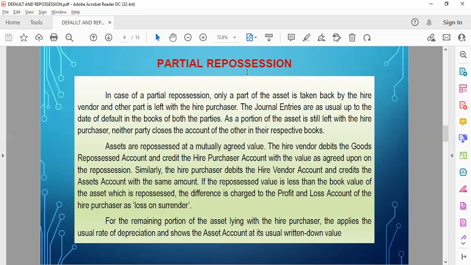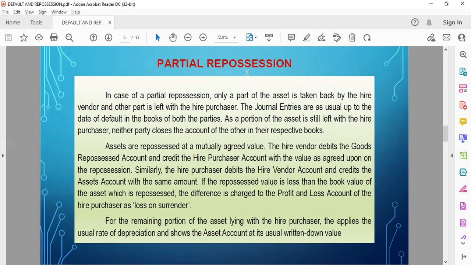As a portion of the asset is still left with the hire purchaser, neither party closes the account of the other in their respective books. Assets are repossessed at a mutually agreed value. The hire vendor debits the goods repossessed account